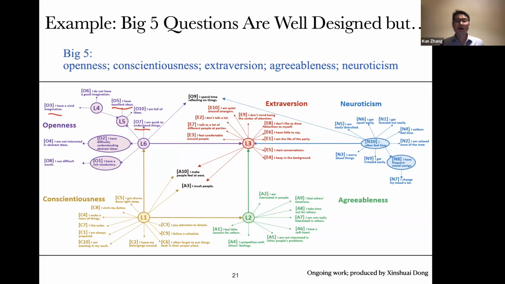Now you can see when we say openness, we actually mean multiple things. At least openness consists of imagination, understanding, and creativity. And it seems that imagination and understanding are causes of creativity right here, as you can see from this cluster. Those variables are hidden, but we can try to understand them based on how they are related to the measured variables. Okay, so if you would like to have more detailed information, let me know. I will share the paper with you.